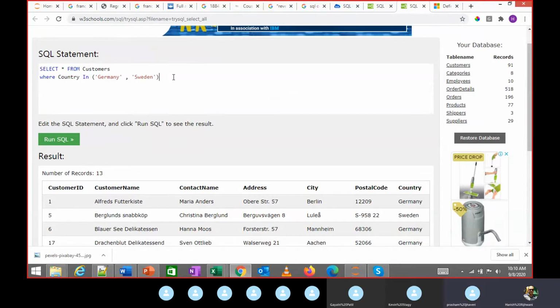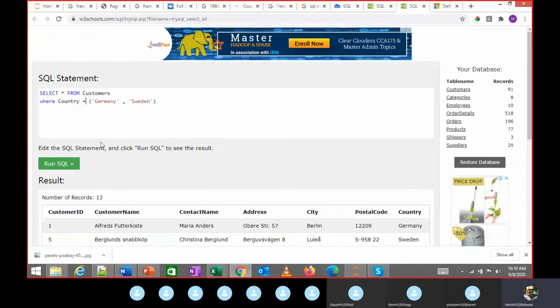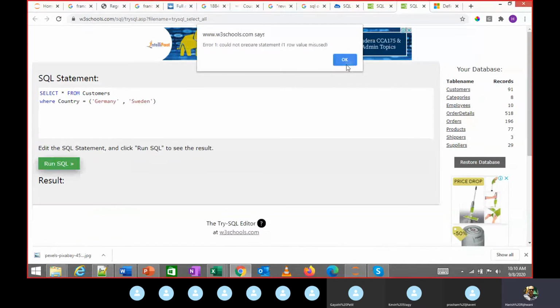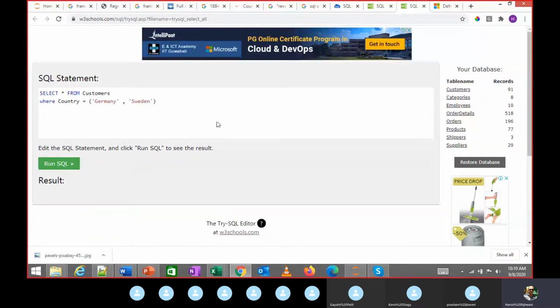So what does IN stand for? IN is another keyword. Instead of using equal to, which can use only one value and will give me an error if I put multiple values, I want to give multiple values, which is why I am using the keyword IN.